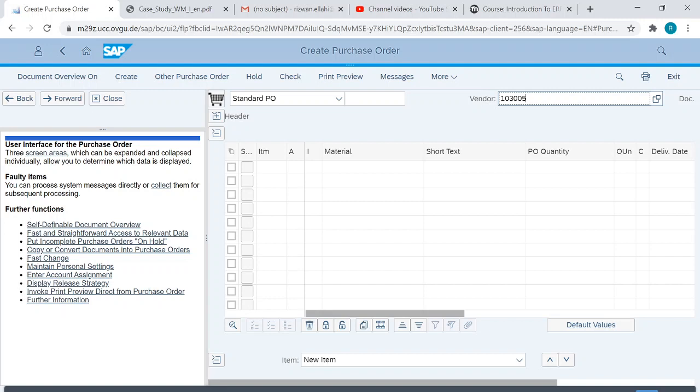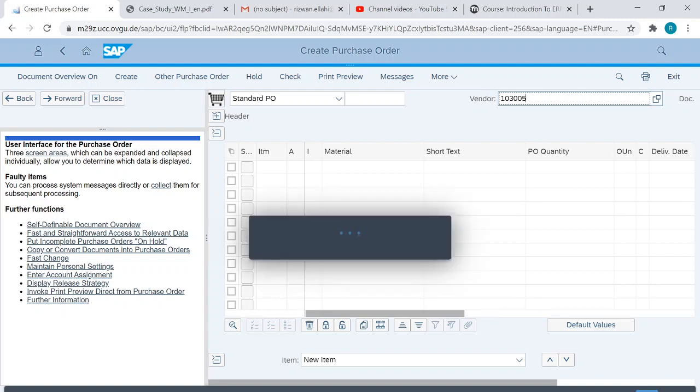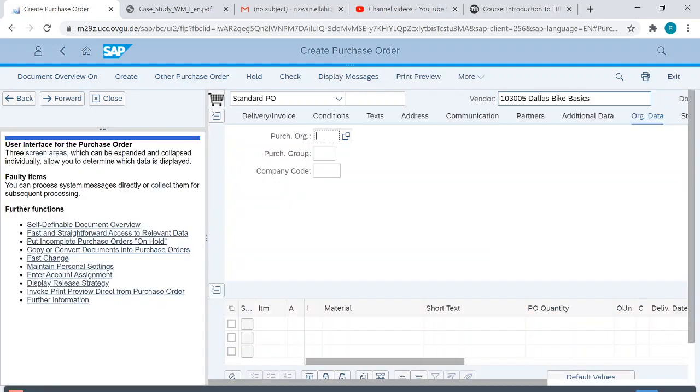We need to press Enter. This is what we were making a mistake on. Now, as soon as you press Enter, it will load the vendor and you need to enter these three things.